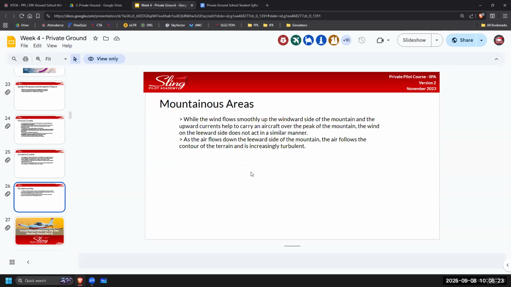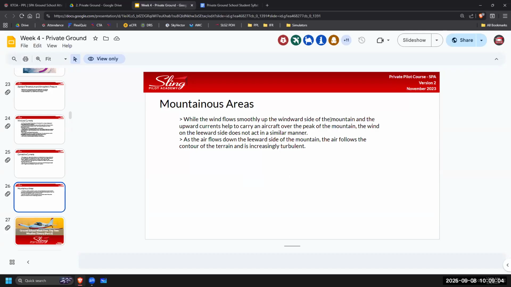Mountainous areas. We'll start with mountain wind, and this will be talked about more when we talk about the different kinds of fog and how they move. But with mountainous areas, on the upside of the mountain, the air flows smoothly. It just flows right up to the top of the mountain, and then when it goes over the top of the mountain to the other side, that's when it becomes turbulent. That's when it starts to break up and create turbulence on the other side. So smooth up the slope of the mountain, and then it falls over the top of the mountain and tumbles basically on the other side, creating turbulence.